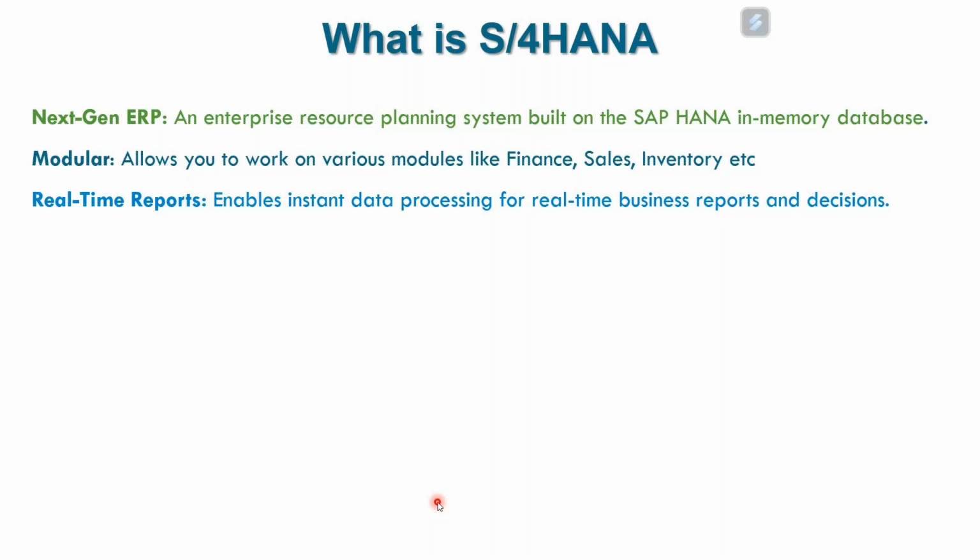Now, companies did not like that fact, and therefore SAP came up with real-time business reports and decisions. HANA and S/4HANA allow you to run reports really quickly and fast, which allows you to take decisions, because of which business can plan better, faster, etc. And that's S/4HANA for you.